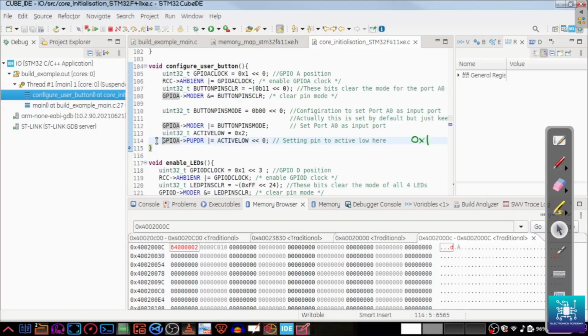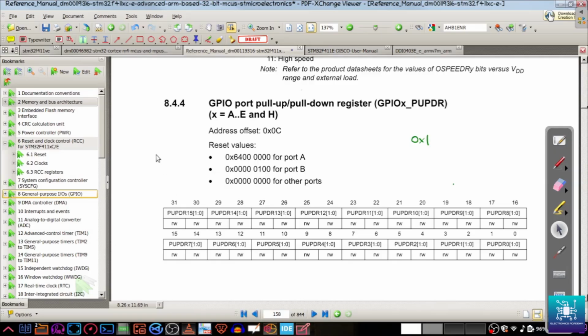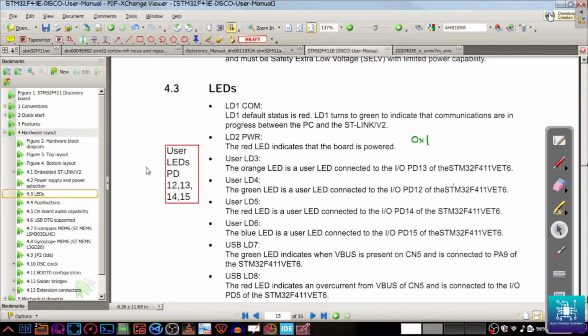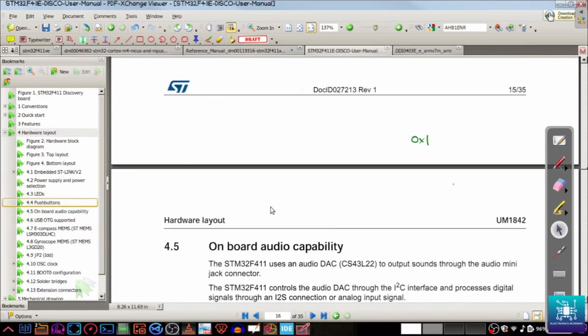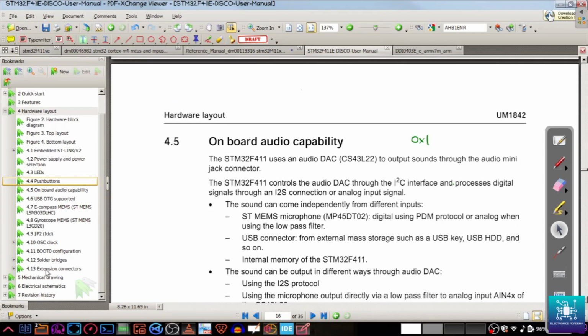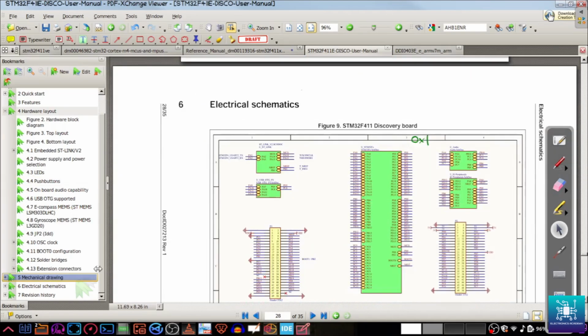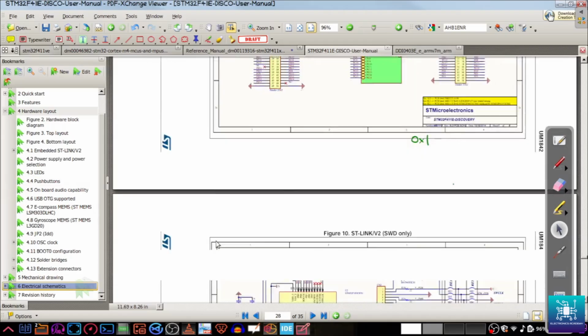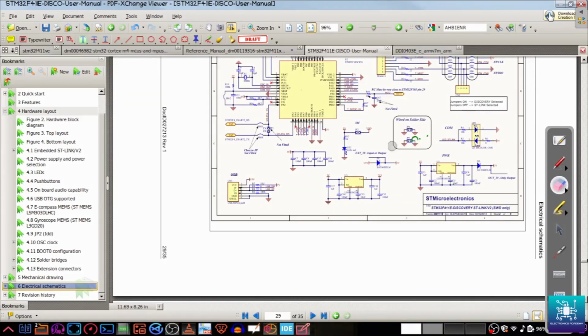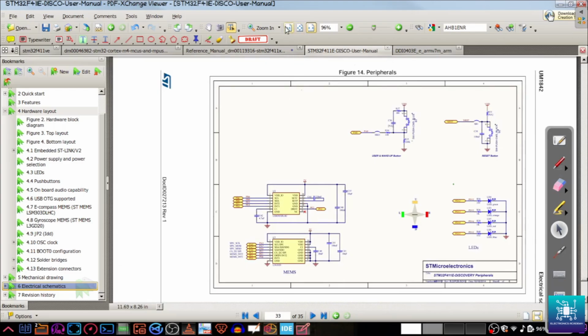better to leave it. Now, the particular input pin that we have, the user button, is active high. That is, active high would mean when you press the button, it becomes high, and when you release the button, it becomes low. Now, if you want to see the electrical connection, the electrical characteristics of that particular user button, then you need to come to the user manual, you need to come to the end. That is in the mechanical drawing. In the mechanical drawing or electrical schematics,